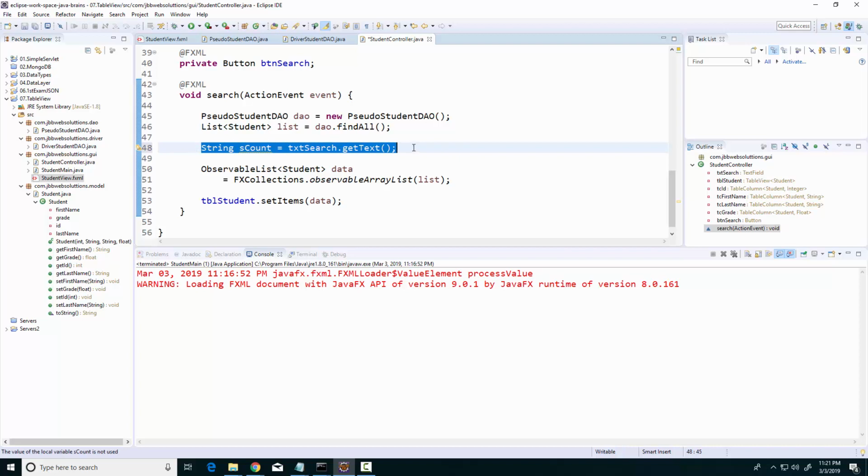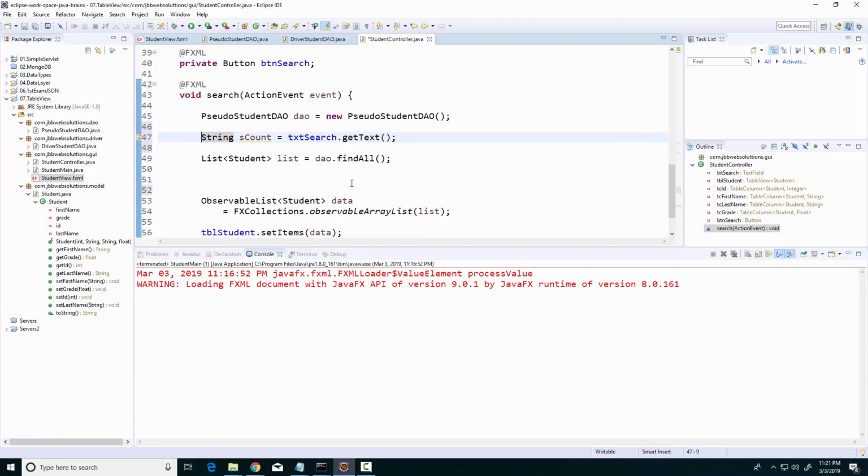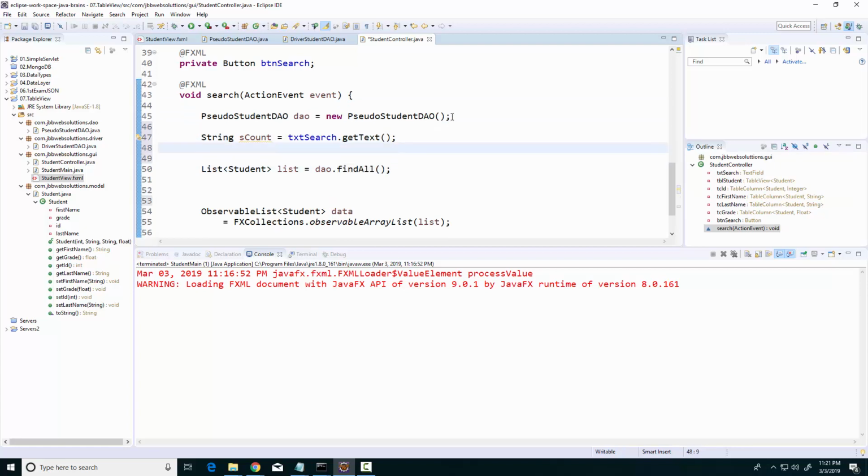So in fact, let me do Control X and put this here on top of the DAO before I do a find all. And we're going to say here Integer count is equal to Integer.parseInt,